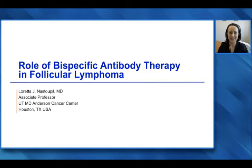Epcoritamab is a subcutaneous bispecific antibody, again targeting CD20, CD3. It's now currently FDA approved for diffuse large B-cell lymphoma, not yet available for relapsed refractory follicular lymphoma. One interesting aspect of this agent is we haven't seen the single-arm phase 2 data with epcoritamab and follicular lymphoma. We've seen phase 1 data across a number of B-cell non-Hodgkin lymphoma subtypes, including follicular, and it looked promising in